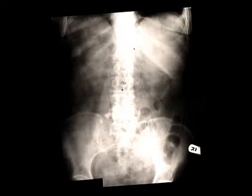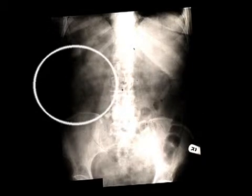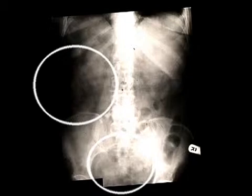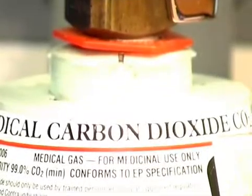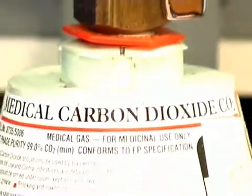This is the same patient 20 minutes later because only carbon dioxide was used for insufflation and it's been absorbed into the portal bloodstream and breathed out. So the proximal colon and the small intestine are already virtually empty of gas. Experiments show that CO2 is absorbed from the gut 100 times faster than air,